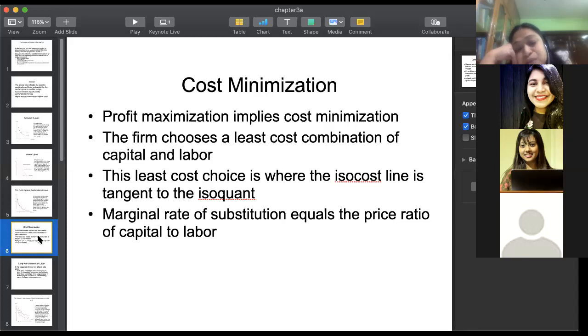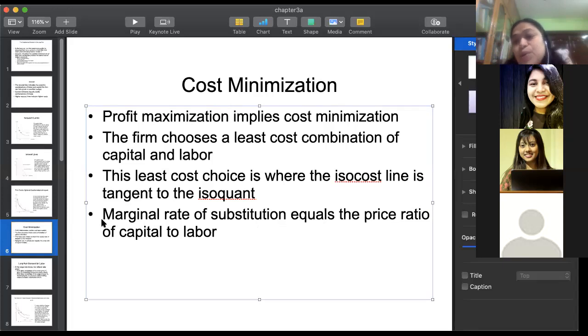Okay, so basically, if that's the situation, we see that the marginal rate of substitution equals the price ratio of labor and capital. The marginal rate of substitution is nothing but the slope of the iso-quant curve, which is the ratio of the marginal productivities. We already proved this, and we also called it the marginal rate of substitution because the slope came from how you are substituting between labor and capital, and the slope of the iso-cost is equal to the price ratio of labor and capital. I will explain this last line again, but the first 3 points you understood, right?